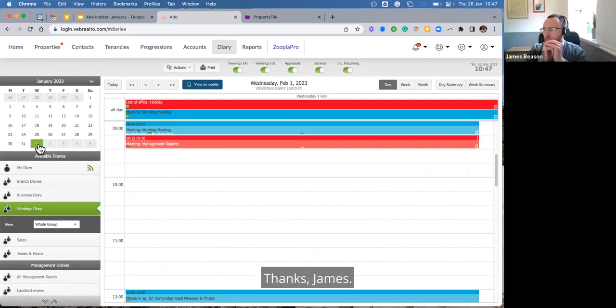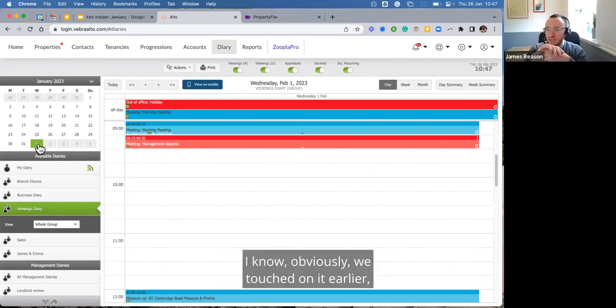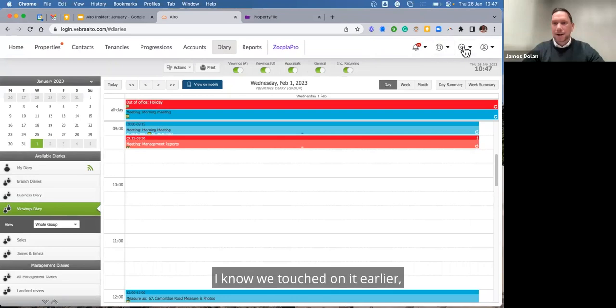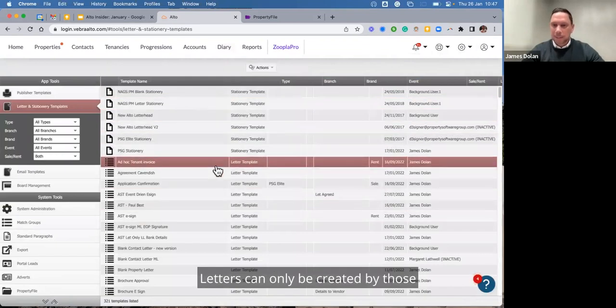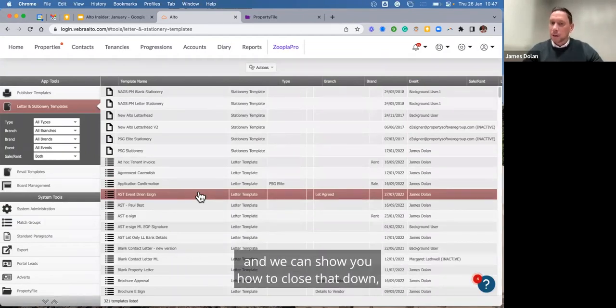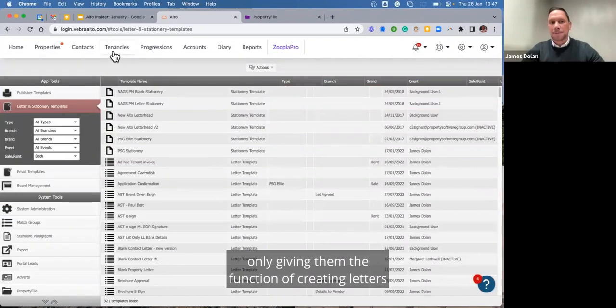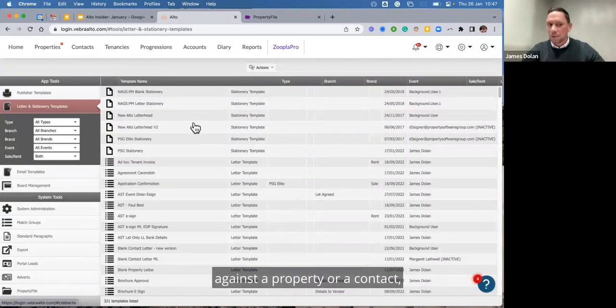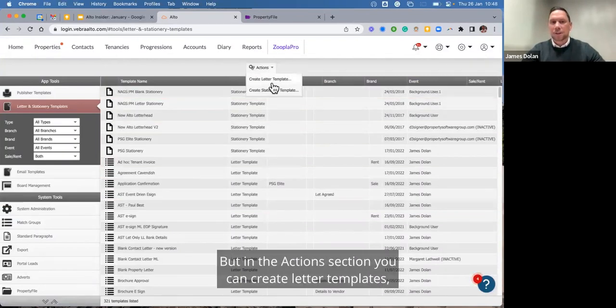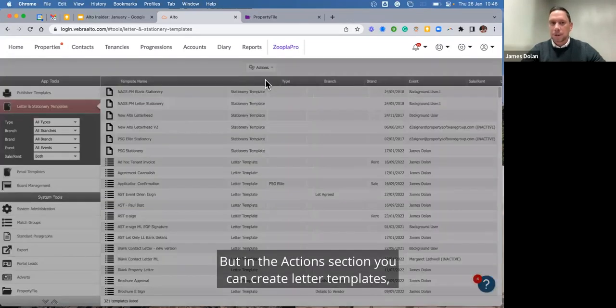Brilliant. Fantastic. Thanks, James. Again, relating back to letters, I know obviously we touched on it earlier, but can we create bespoke letters in Alto? We can. I know we touched on it earlier, but I'll draw you back to that templates and admin section. Letters can only be created by those that have the correct role. So not everybody can come in here and start creating letters. And if all your staff have the ability to come in and create master templates, do submit a ticket into support and we can show you how to close that down. Only giving them the function of creating letters against a property or a contact, rather than overwriting and constantly changing those master copies. But in the actions section, you can create letter templates and you can start to decide whether